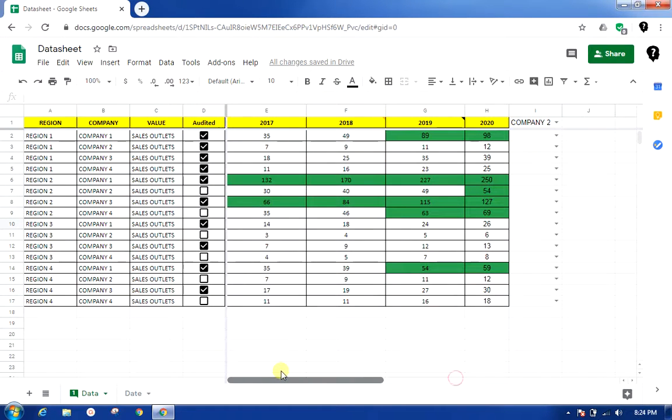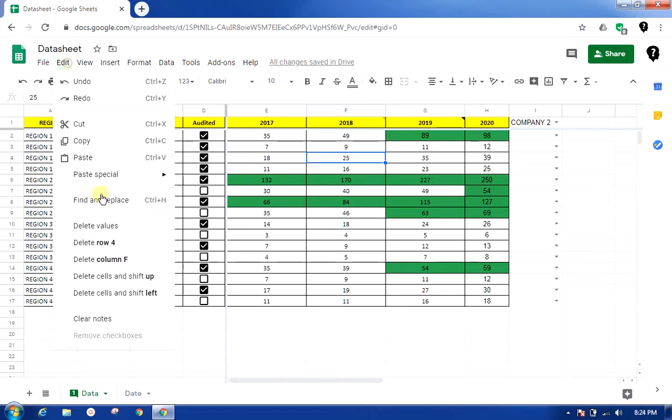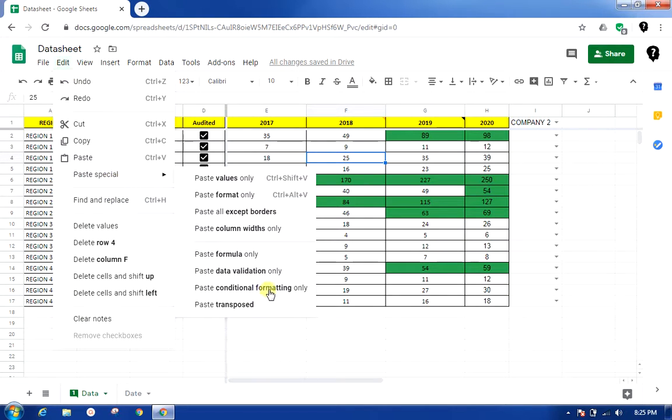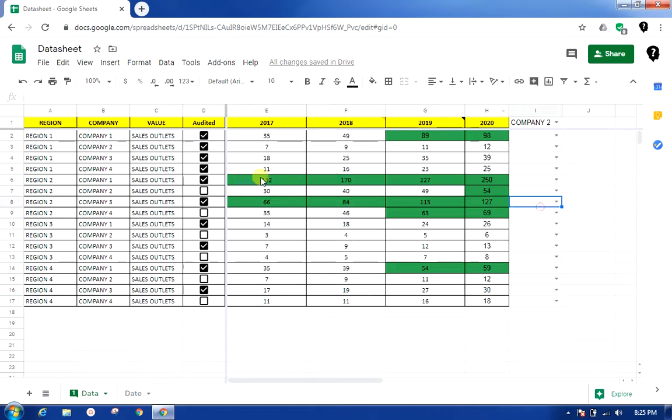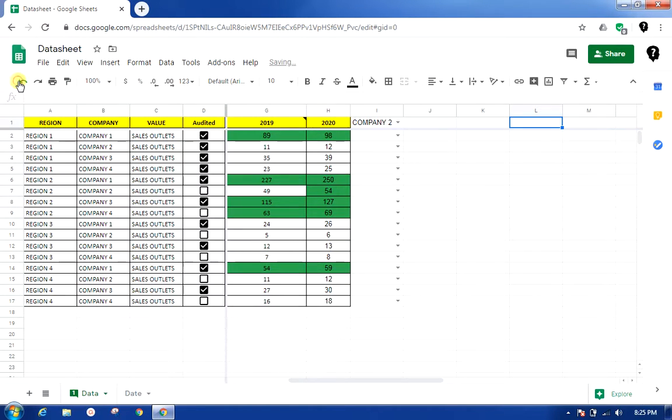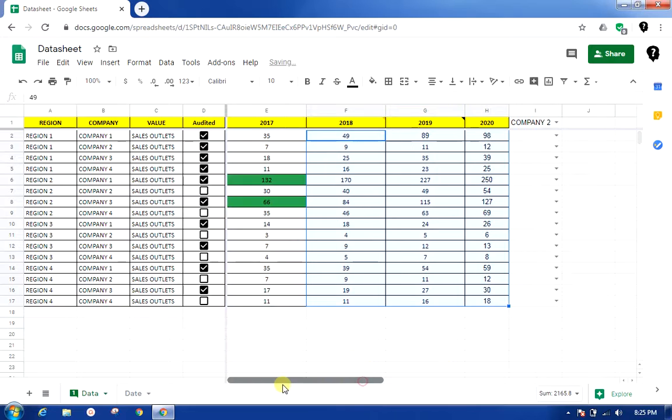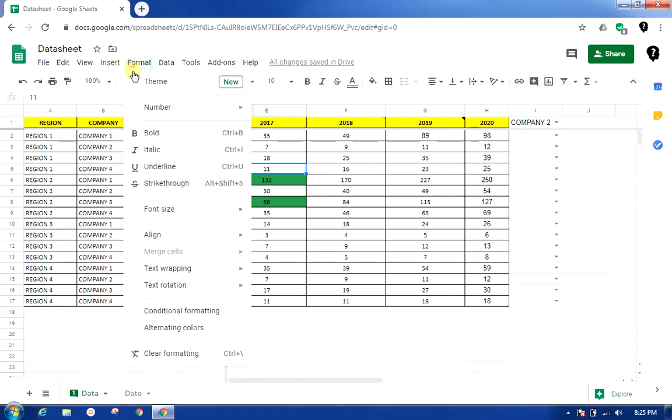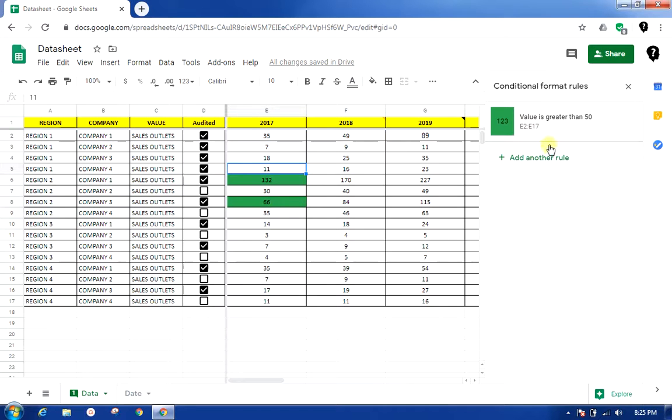Okay, quickly I'll show you regarding the conditional formatting. Okay, so let me undo these commands which I have executed. Okay, so I have removed the conditional formatting from here. So one way which I have shown is you can copy this range and paste special as conditional formatting only, or we can just open the existing conditional formatting and simply modify our range.